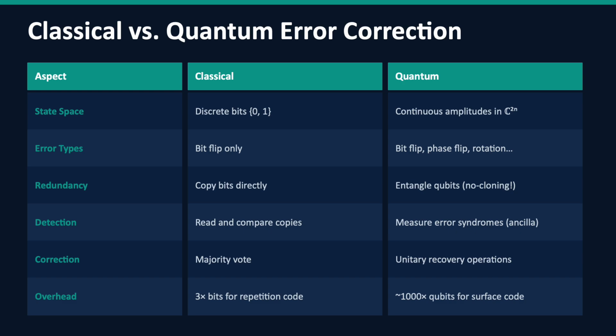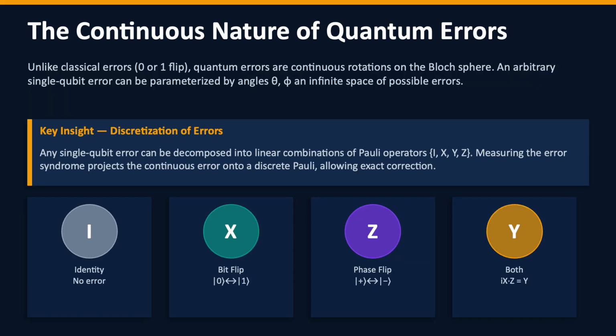The solution quantum physicists developed involves a clever workaround for each of these problems. Errors, though continuous in principle, can be forced to snap to a small discrete set of possibilities when you probe the system in the right way. Redundancy is achieved through entanglement rather than copying. And error checking is done by measuring relationships between qubits, asking questions like, are these 2 qubits the same as each other, rather than what value does the qubit have, which reveals errors without collapsing the stored information.